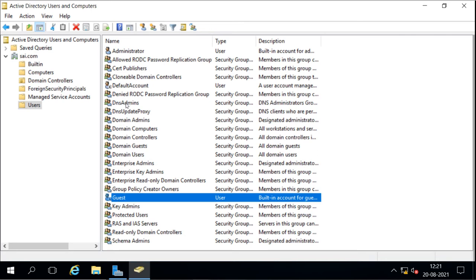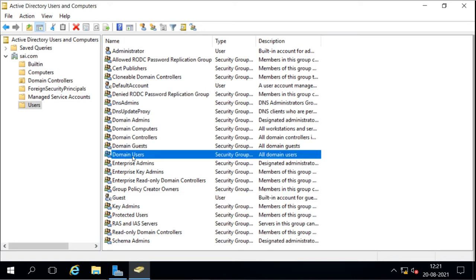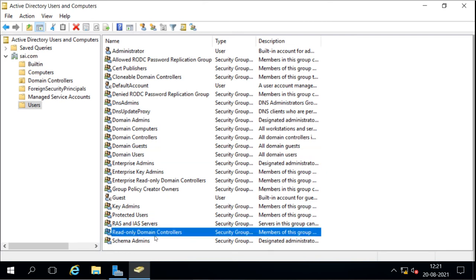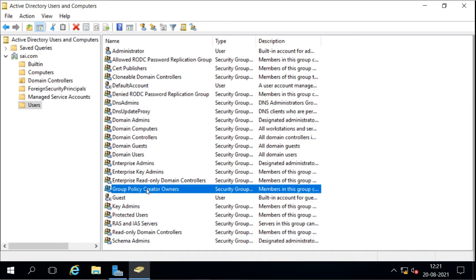Now there are the other groups we have. These are domain groups, which we can use to give additional permissions to users. For example, by default every user will be a member of the Domain Users group. If you want to give an extra privilege, like letting him manage the read-only domain controller, I will add the user into this group. Another is the group for caching users. We can also add them to Group Policy Creator Owners, so they can create and own group policy objects, and the same goes for the other groups we have.